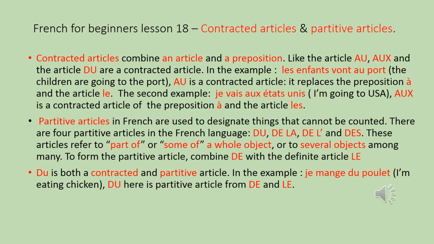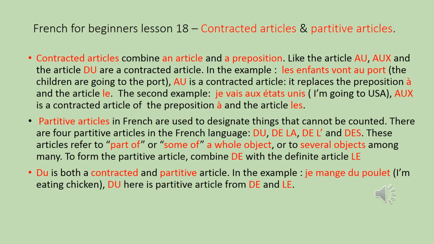Today, we are going to deal with contracted articles, like I've said before. And contracted articles is a combination of an article and a preposition. Of course, you have seen what articles are and the prepositions as well. So when you take these two elements and you join them together, the article and a preposition, you get contracted articles,